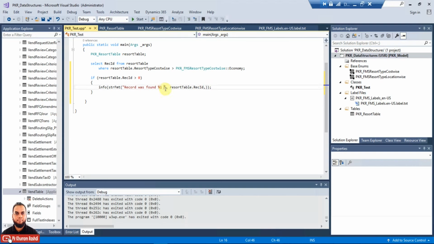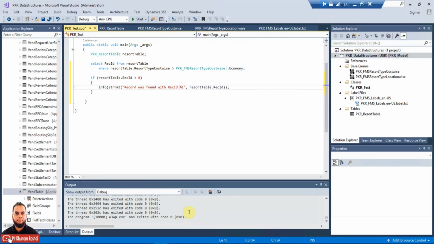Since I am not using %2, I will just remove that one. So what it will do: the record was found with a rec ID of %1, meaning whatever is in the rec ID field will be placed here.